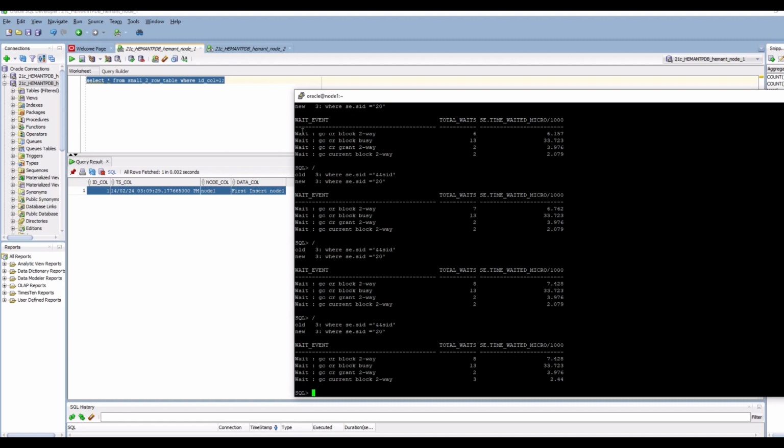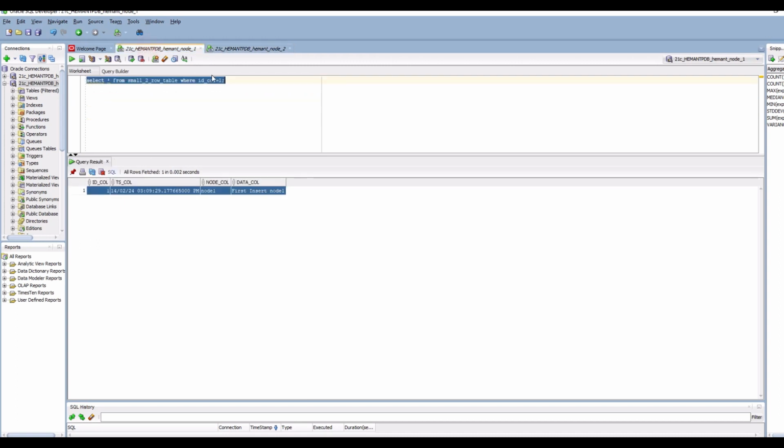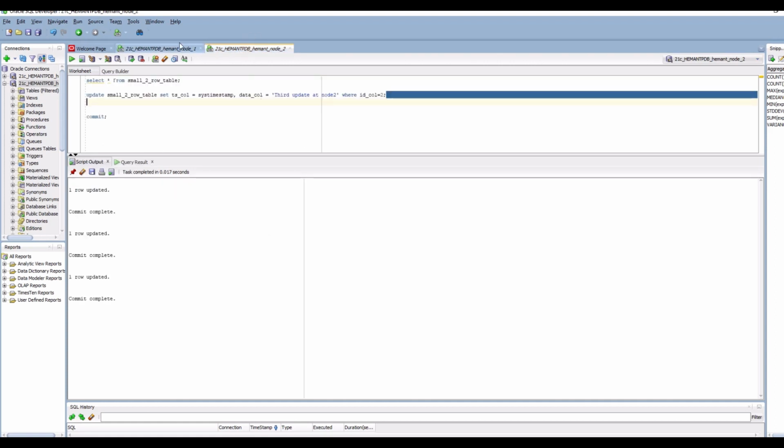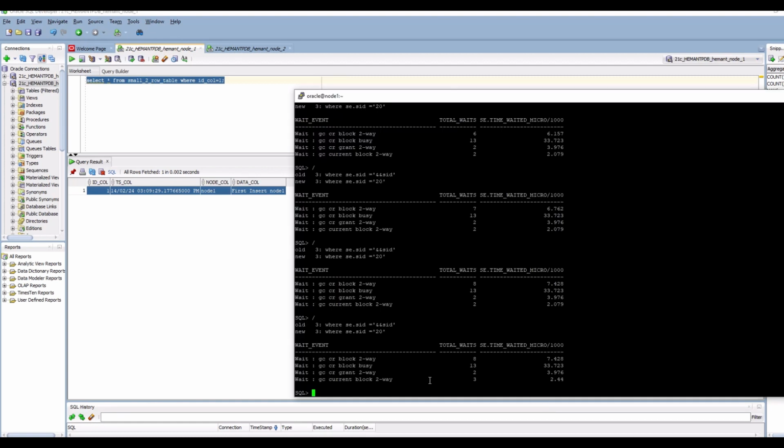So remember, if you have blocks being updated from one row, from one node, and you have the same block, not necessarily the same row, but the same block being requested by another instance in your RAC environment. In my demo, I just scaled to 2 users and 1 block. You could scale this to 100 users and thousands of blocks. You could scale to 1000 users and 100 blocks. You could imagine the concurrency waits here. You just have 100 blocks, but you have 1000 users wanting to read those 100 blocks frequently. You'll see a lot of global cache waits.